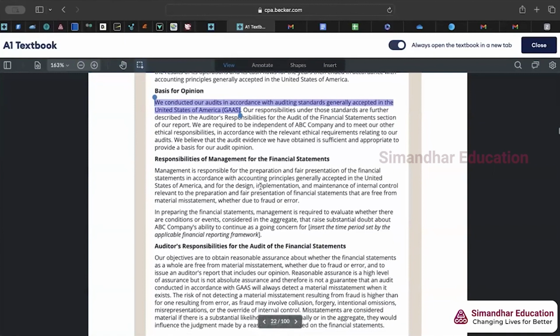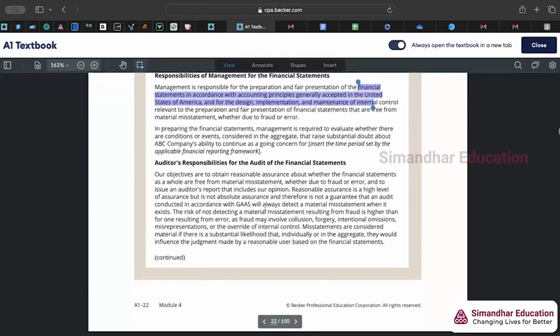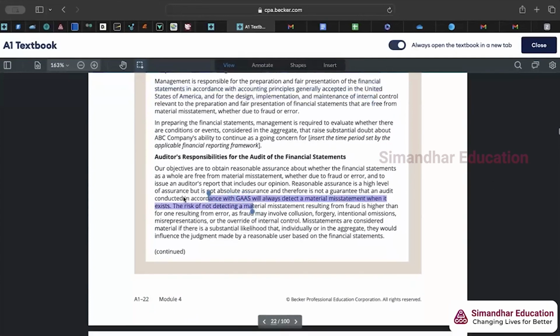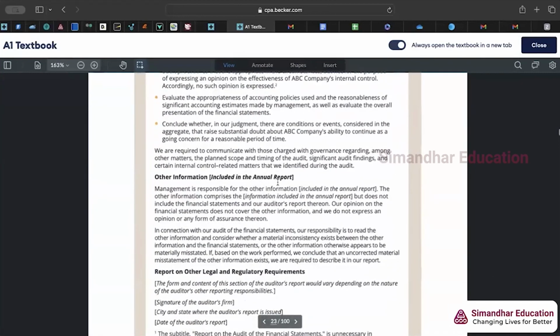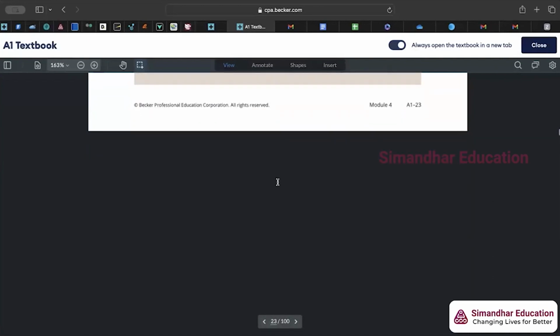What are the other paragraphs that would be impacted? Management responsibility talks about accounting principles. So GAAP issues will come here. And the auditor's responsibility paragraph talks about in accordance with GAAS. So it will be directed here. Okay, we have multiple questions on